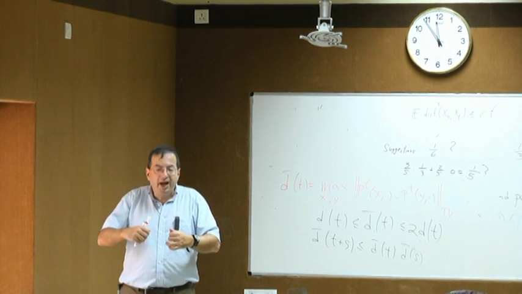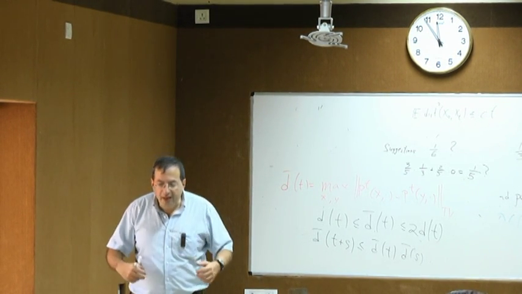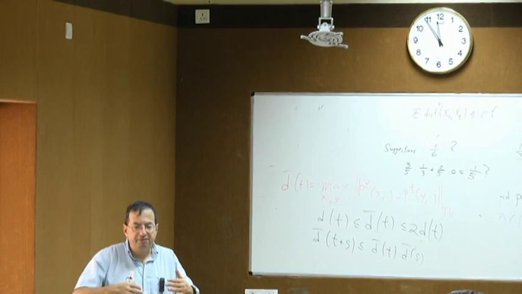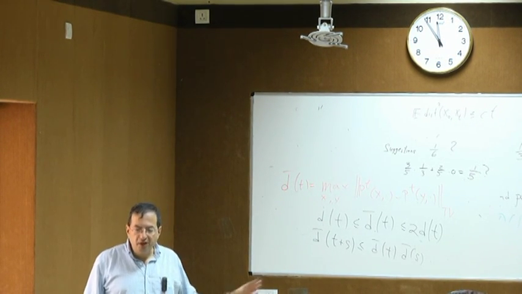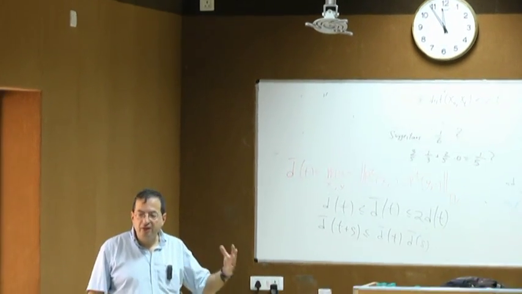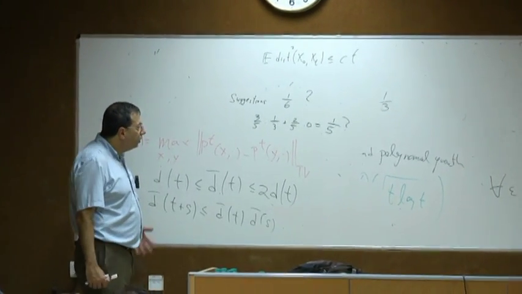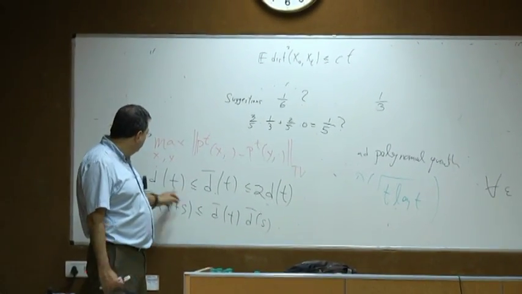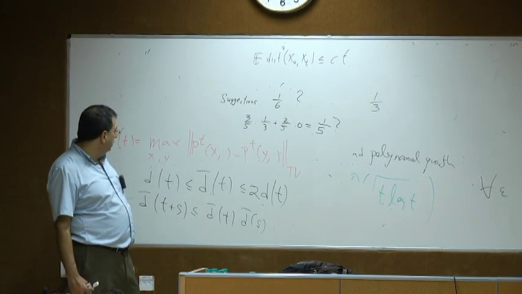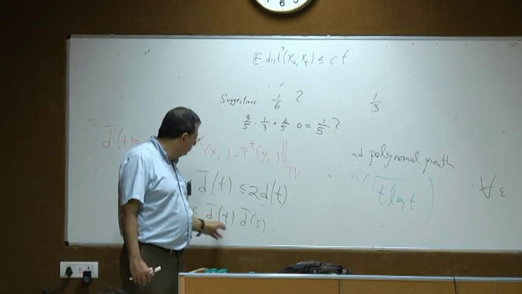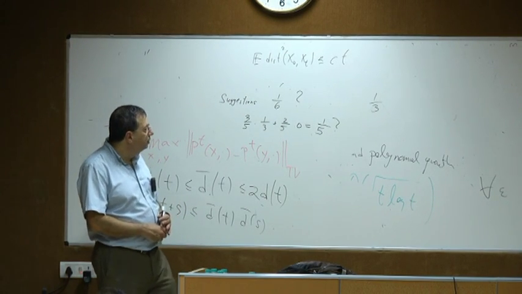But even if I failed, I can try again at time t in the remaining s steps, and then I have probability of failure of d bar of s. This is very easy to see from the coupling interpretation of total variation distance. And again, I refer you to these sources to see this done in detail. Now, if you plug in this inequality together with, right, so d of t plus s is bounded by d bar of t plus s, and then this is bounded by that, then you'll easily